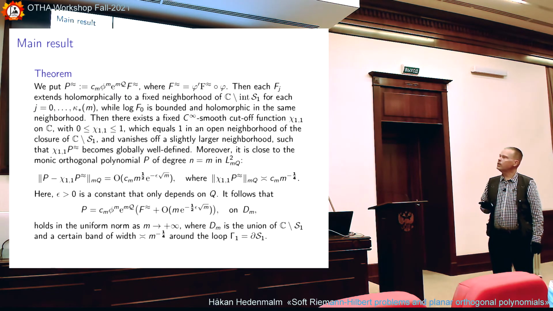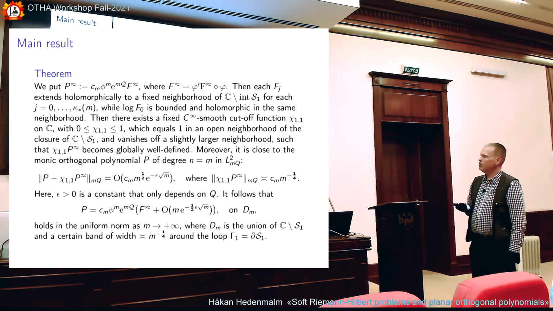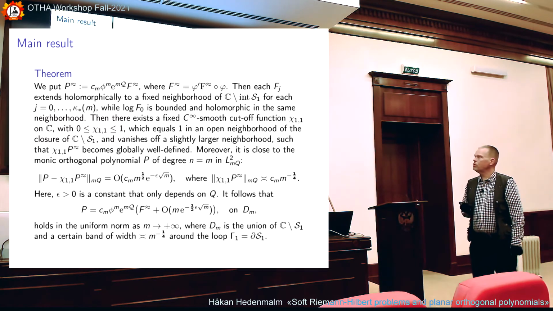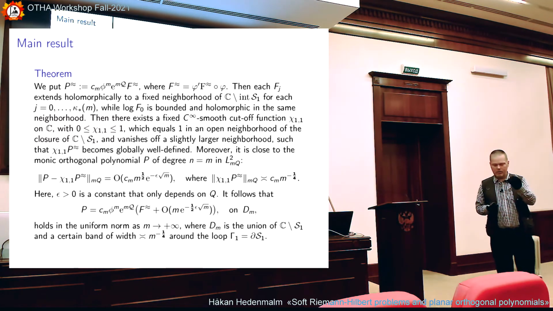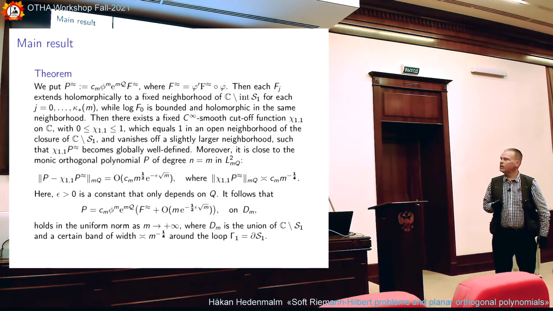And the final results are that we can actually get a very good approximation. We see that we can approximate the orthogonal polynomial by a good approximation, given by these terms where we take a finite asymptotic series, and then we cut off at the right moment, and we get